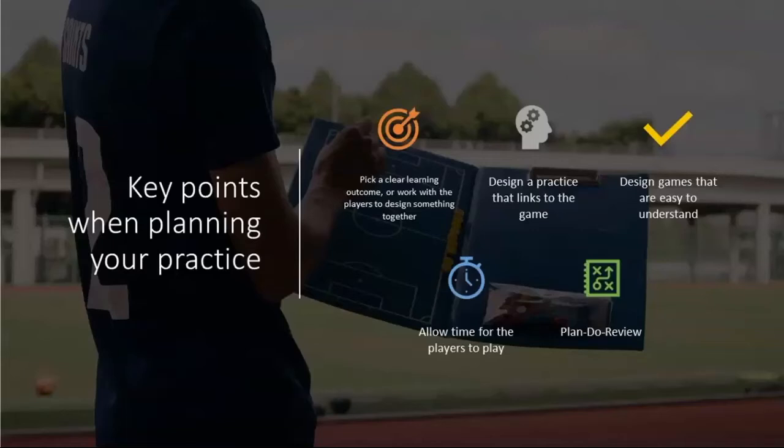The fourth one here, the clock, allowing time. This is so important, and I think this could link back to what you see your role as a coach, and how you really like to spend your time while you're coaching. So think about, if you were to make a list in front of you about a breakdown of the percentage of what you do during your session as a coach and how you spend your time when you're actually coaching. Well, how much of that is session organization, explaining to the players what the game you're playing is or the drill is that you're doing.